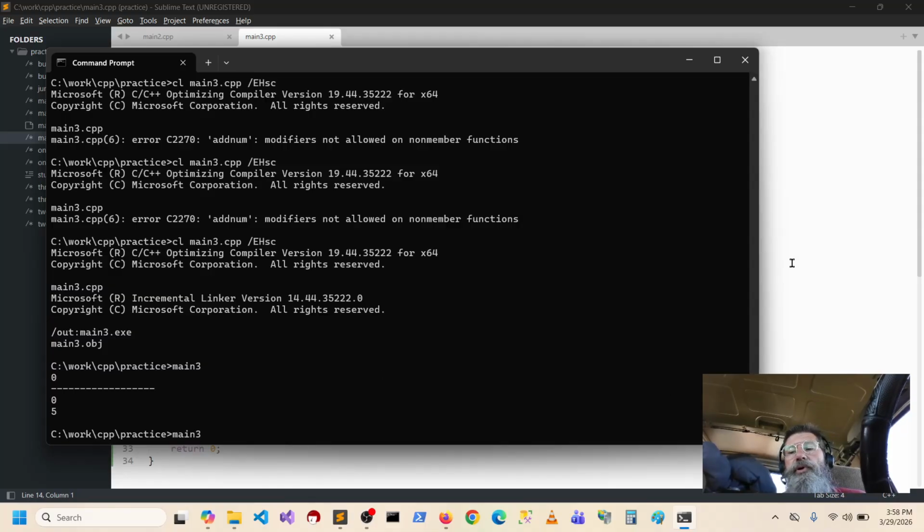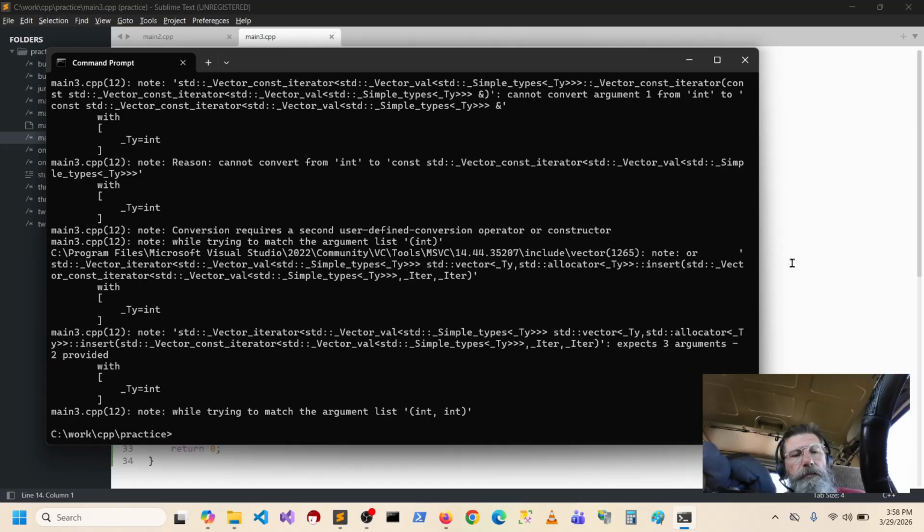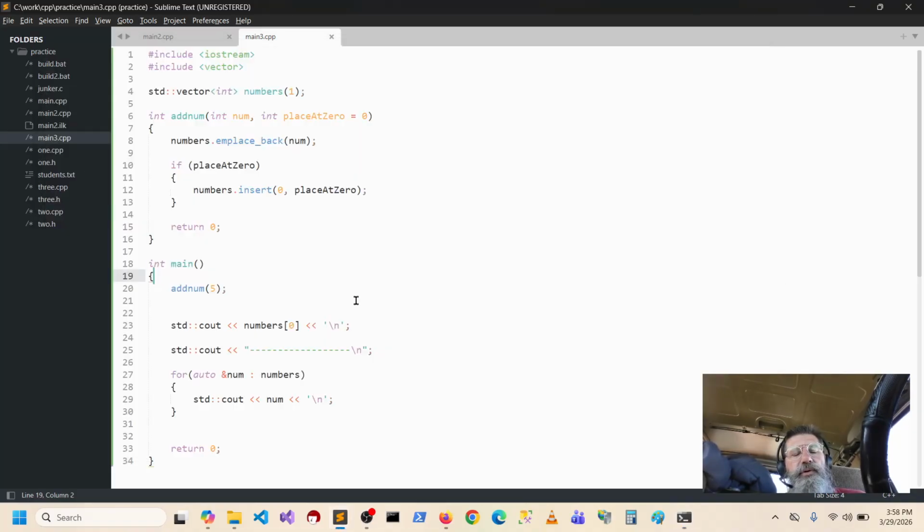Wait a minute. Well, we'll go ahead and do that. No. So I guess you can't take that. So we have to do the iterator. We can't do it like an array and just say 0.